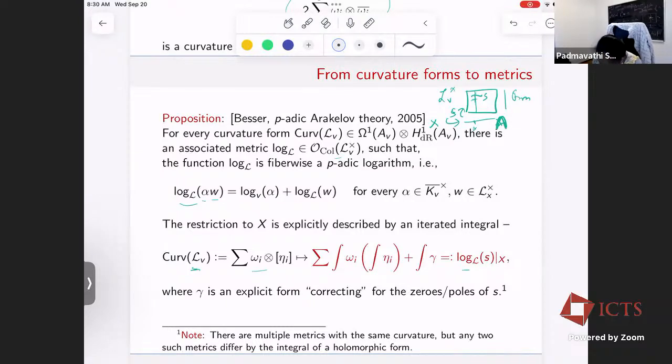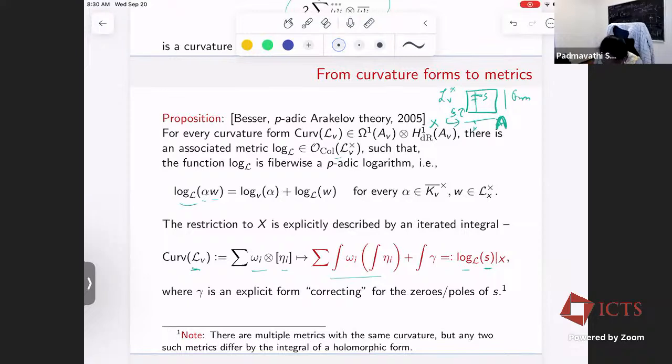If you want to evaluate the log function composed with the section, further composed with the embedding of X into the abelian variety, then locally it's explicitly described by this iterated integral, and the differential forms that show up are directly related to the differential forms that show up in the curvature form for the line bundle. Almost, except you have to correct for the zeros and poles of the specific section that you've